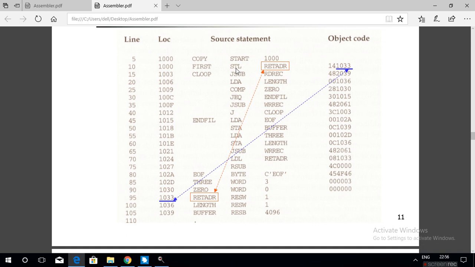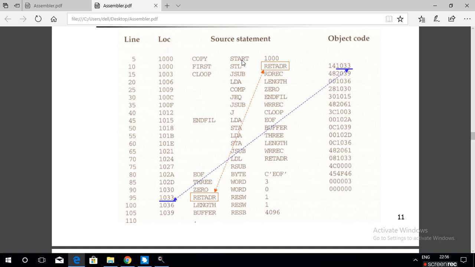Why are they called assembler directives? The name itself tells: these instructions instruct the assembler and provide information to the assembler.